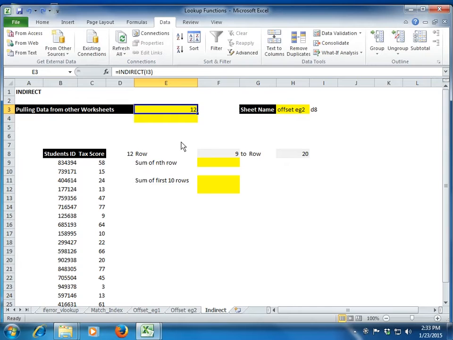But I was trying to understand how an indirect function works. So what will an indirect function do? If we give it a reference to a cell, the cell will have a certain value, and the indirect function will pull that value for me. So in cell I3, which is my indirect function, I have a reference for D8. Excel will go to D8 and pull that data for me rather than just stopping at I3. Clear? So this is how an indirect function works.